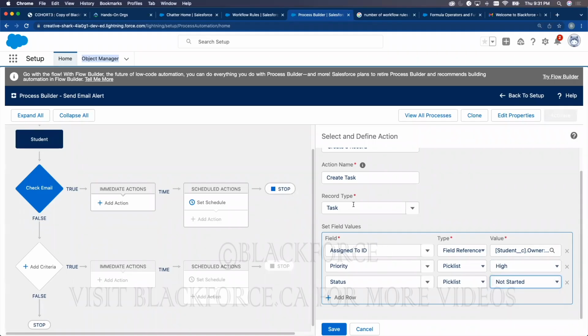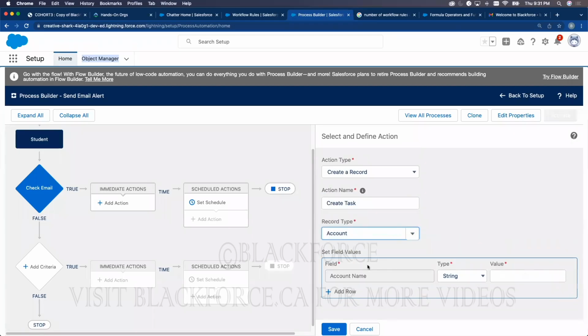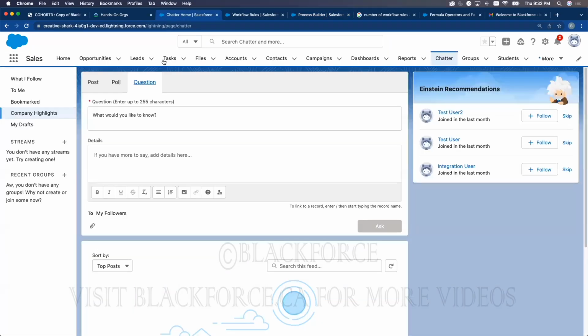So when you select task, all these required fields come automatically. If you select something else, the required fields of those stuff will come automatically, okay? So you don't have to worry about that. You can even create an account. And you can see the required fields when you're creating an account is an account. So I'll just say student account created. So meaning that the account you're going to be creating anytime a student is entered into the system would have the account name,